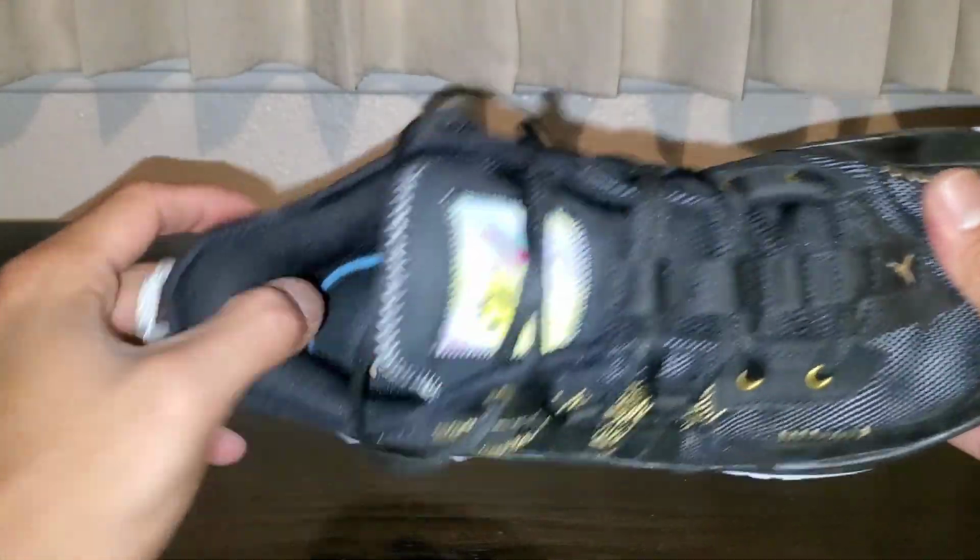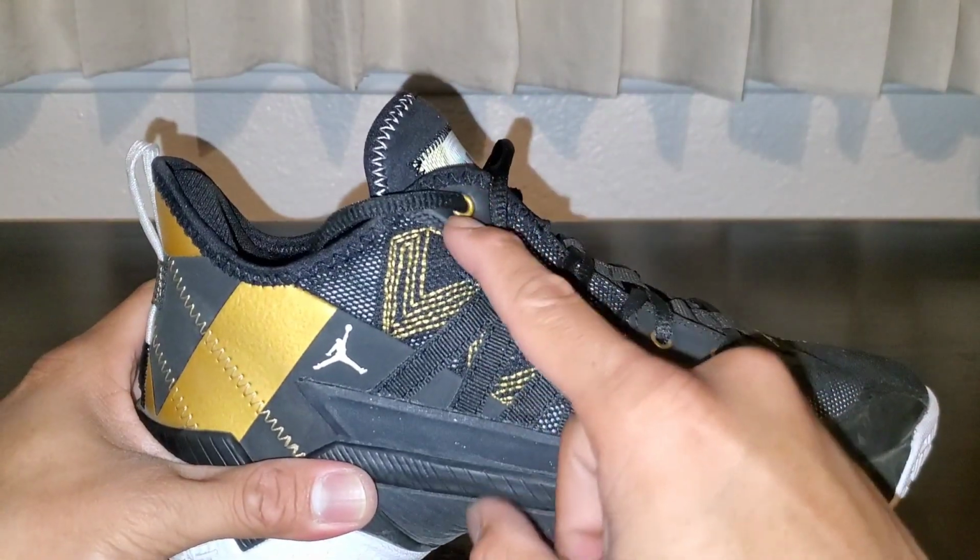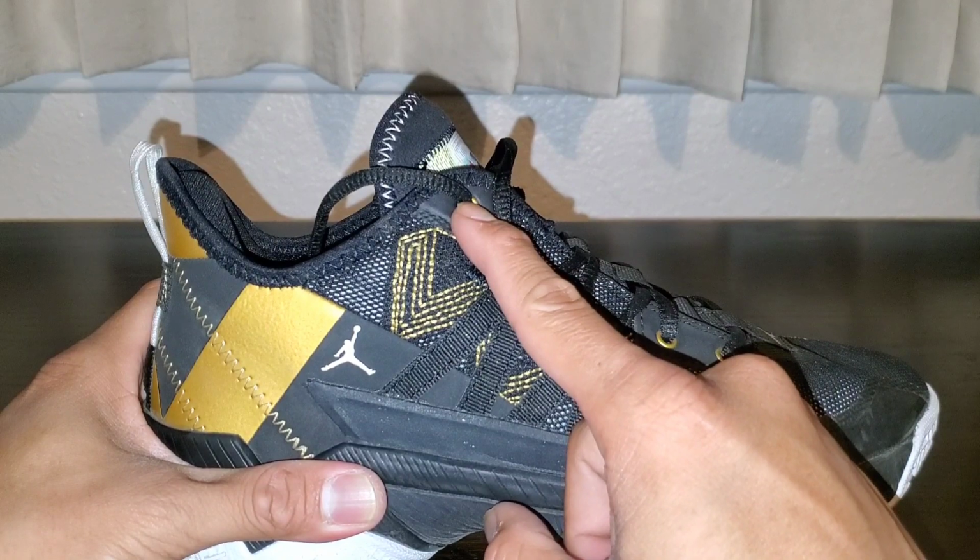The back portion of it, you could still feel the internal heel counter, and you guys need to lace them up all the way over here. Okay,